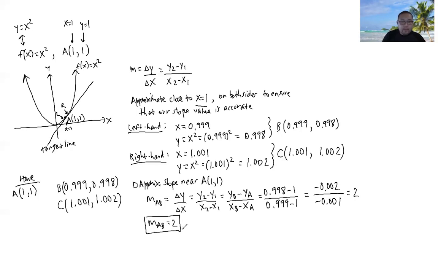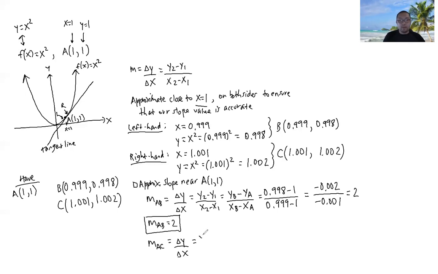So now let's see if the slope according to the selected point on the right agrees. So again, the slope between point A and point C this time, still the change in y over the change in x, rise over run,